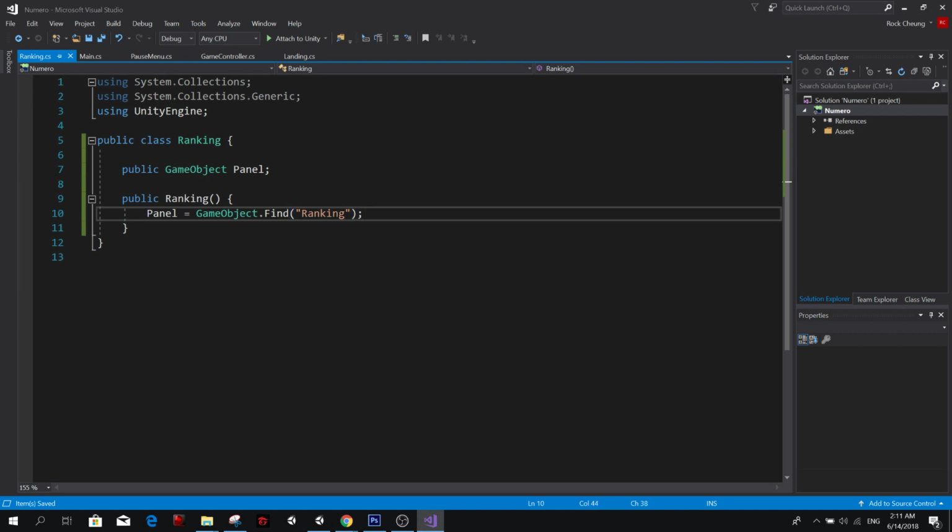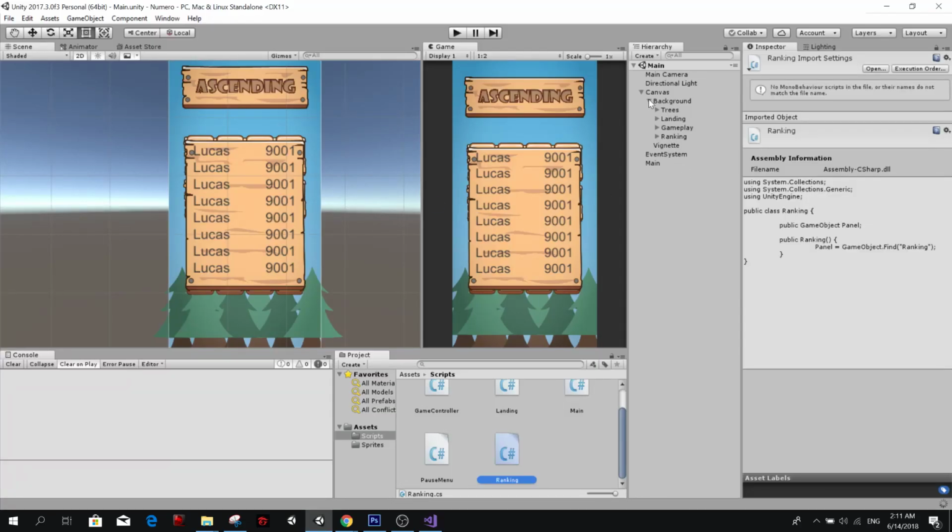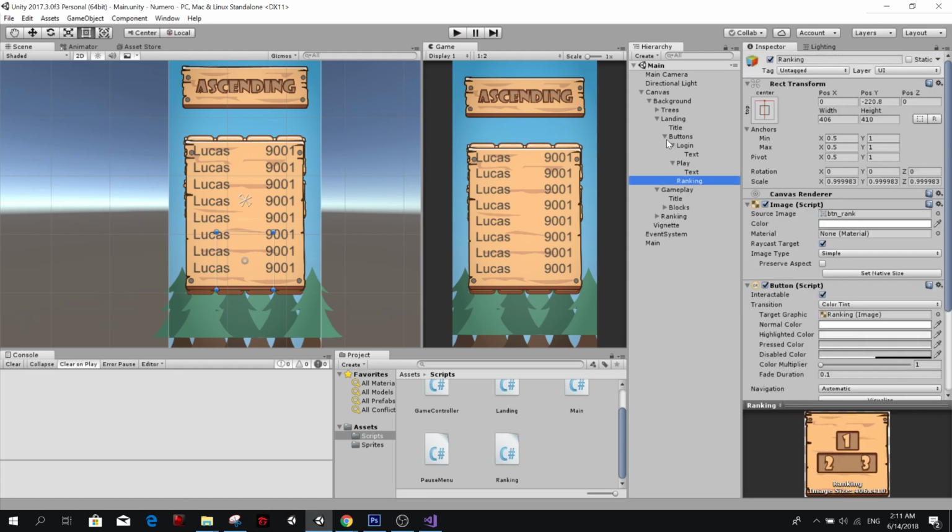Okay, now this can be a problem if there is an object called ranking, which there is for this button here. So I have the landing and the buttons. You see there is a button here called ranking. If it finds that first, we're going to be in trouble.